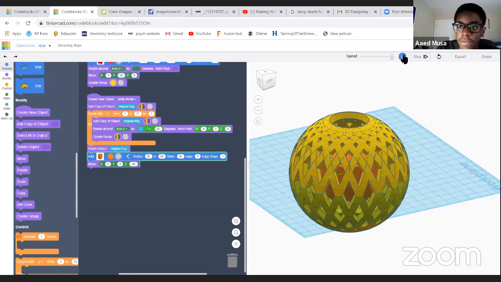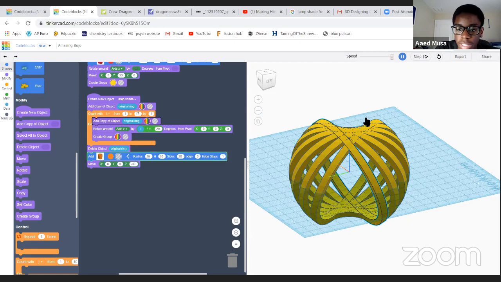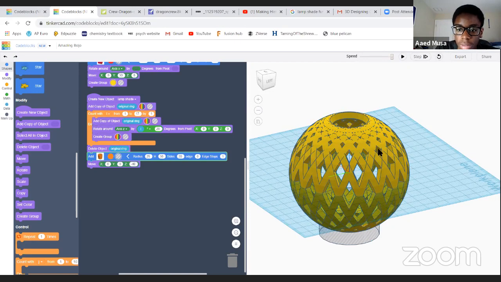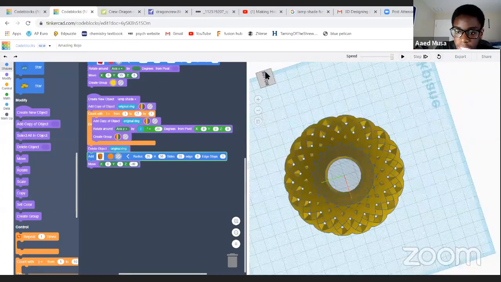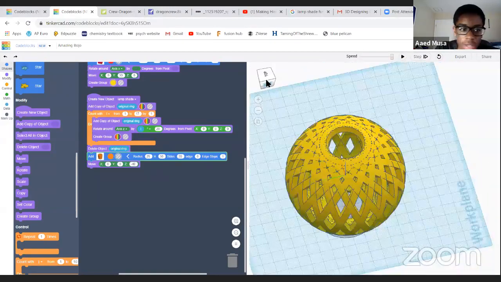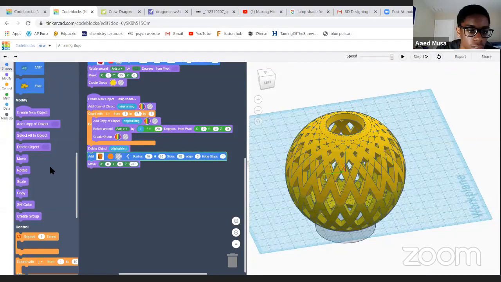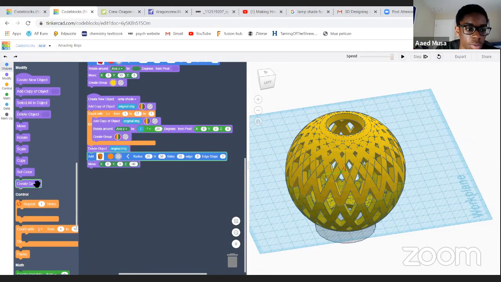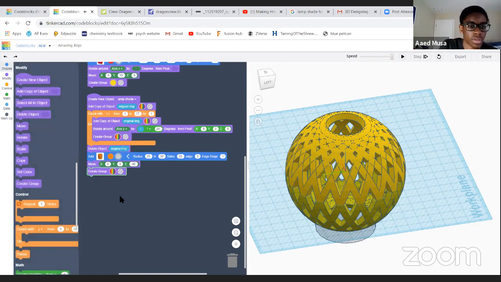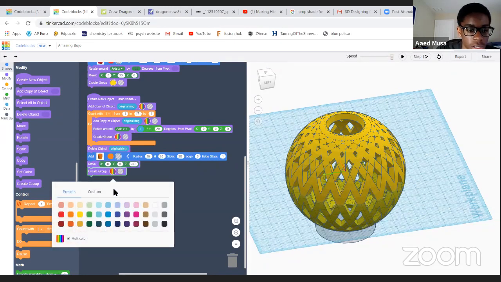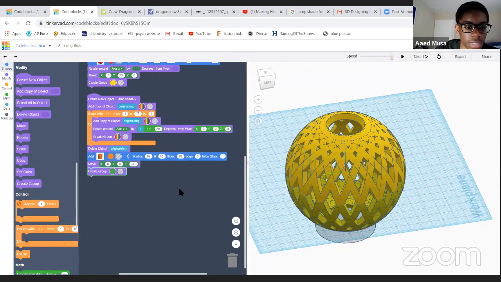So now if we played everything all together, it's going to, of course, do the pattern, add a cylinder, and it's going to move our cylinder all the way down. And now we can expand our hole by just grouping everything together. So if we go to group, create group under modify, if we bring that out and put it under move, now everything should be grouped together. And if you wanted to change the color of your lampshade, you can change it here. So if I wanted mine to be green,